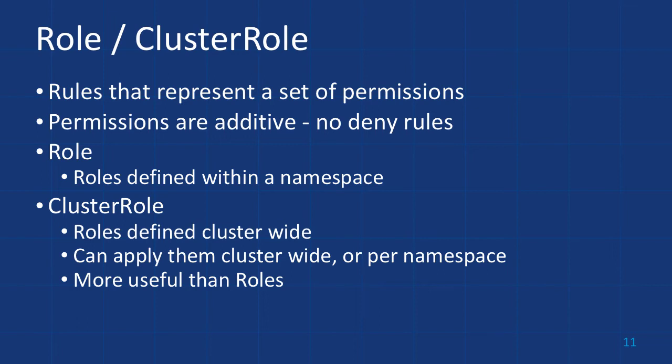As we're going to see a little bit later, you typically use cluster roles to define most of your roles, but there are patterns where perhaps I'm going to set user X up as an admin in a specific namespace, and I'm going to allow that user to then create roles within that namespace. That's when you would use roles. But for the most part, when you're defining the roles of your organization, you would do those as cluster roles, and then you could apply them